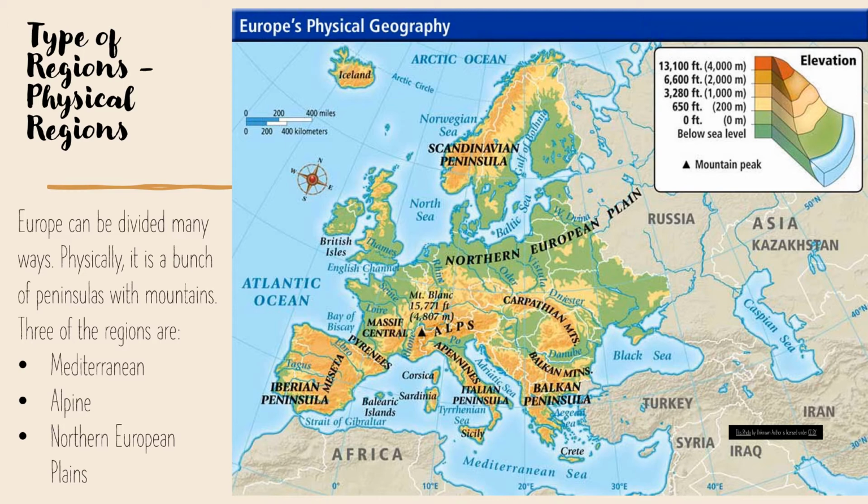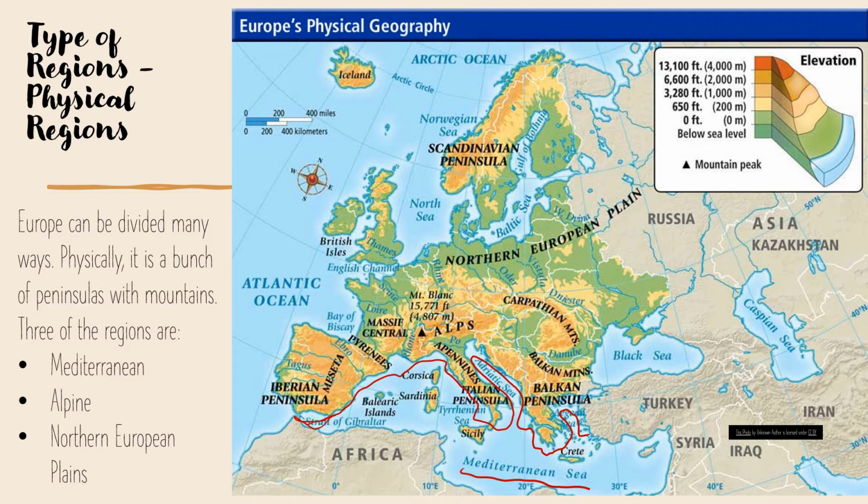So we have the Mediterranean region, which the Mediterranean Sea is right down here. And so the Mediterranean region is going to be anything that is touching the Mediterranean Sea. So that includes all of this stuff here. And so what you're going to have to do is you will look at an atlas and look at Europe and see what countries are touching the Mediterranean Sea. For example, Spain, France, Italy. But then there's a whole bunch more there.